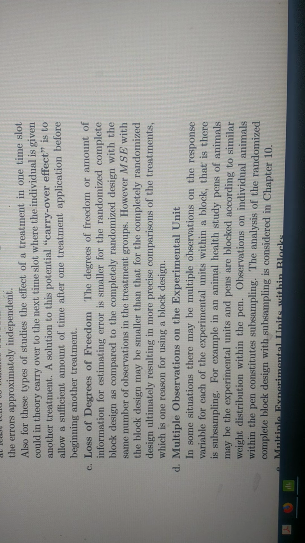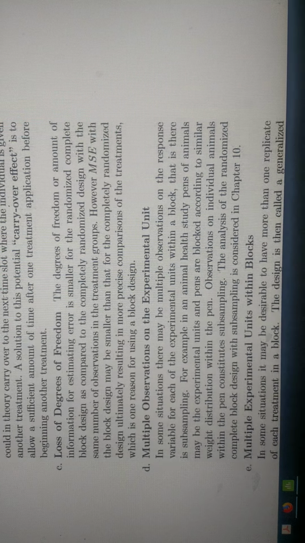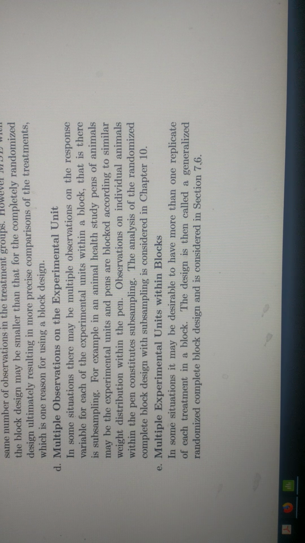All right, let's talk about D also. And we're going to go into a little more detail on that one. In a lot of situations, where you're reusing your units, like where we have a single subject trying 4 different recipes, in that case it really makes sense that you're only going to have 1 unit per block treatment